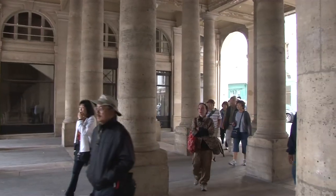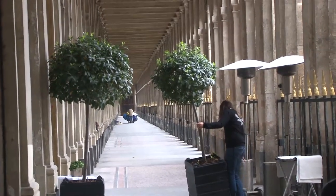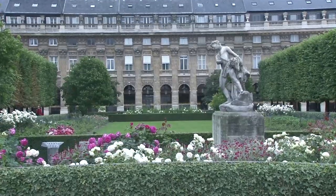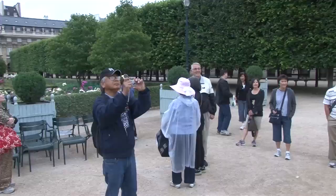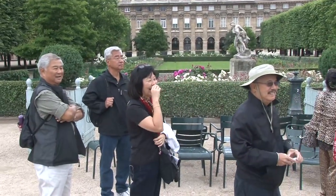A surprise is waiting 1 block south, inside the Palais Royale, a huge hidden garden the size of a city block, filled with fountains, arcades, flowers, trees, and lots of local people. Well, you can see Palais Royale makes a great photo op. We're having a lot of fun here, snapping away with the fountains in the background, trying not to get wet,